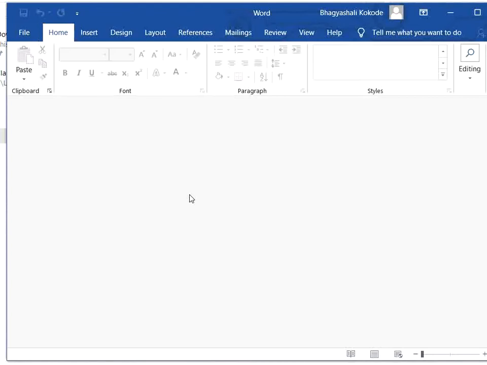Again, next, whenever we enter the Control Z key, it is used to undo an action.